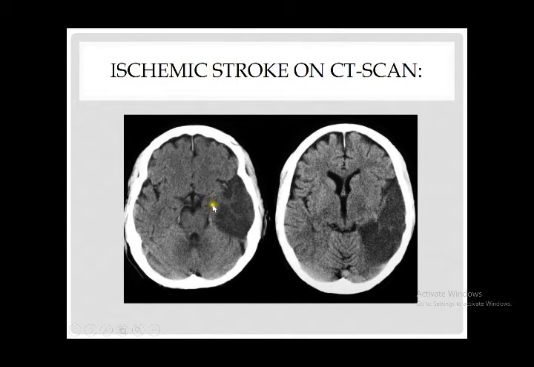How does ischemic stroke look on CT scan? As we already discussed, this is a left MCA, middle cerebral artery infarction, with a hypodense shadow. As you can see here, it looks like an old ischemic infarction, because on CT scan you cannot find such a dark hypodense shadow resembling the CSF so early. So it must be an old ischemic area in the territory of the middle cerebral artery. Here you can see it involving the temporal area. This is the parietal area.